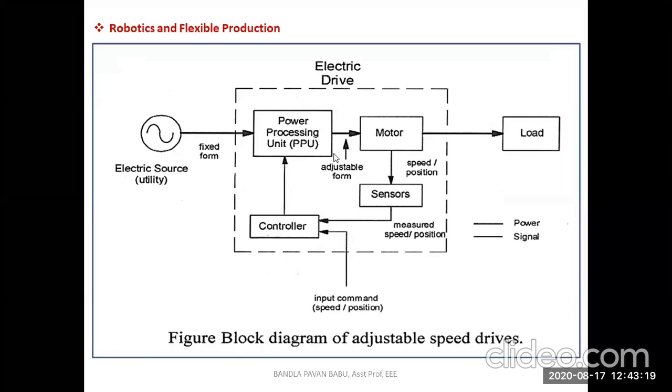Next is another application, that is robotics and flexible production. Just see the overall view of the diagram here. An electrical source is there, any type of load will be there, and a drive system is there. Here, let us consider any automatic sanitizing equipment. Lately, you can see in many countries they are using robots which are able to detect the temperature of the customer at the entrance. It is going to measure the temperature, and obviously it is going to provide some sanitizer.